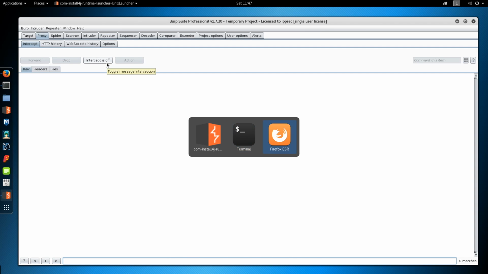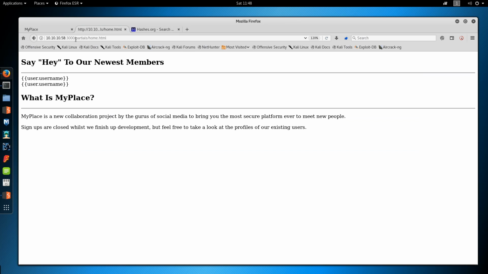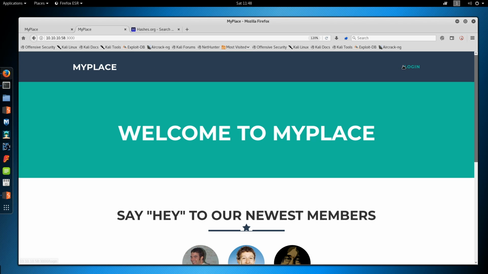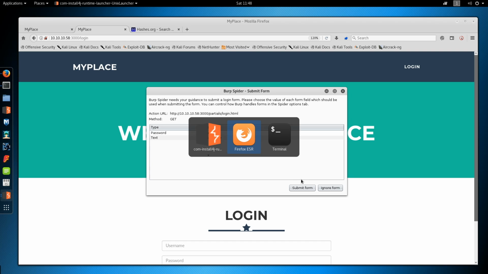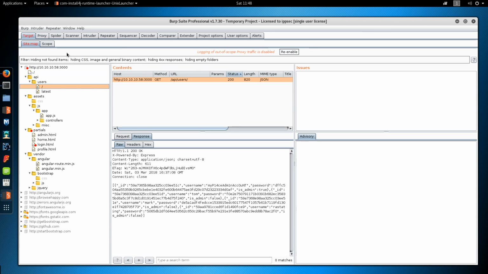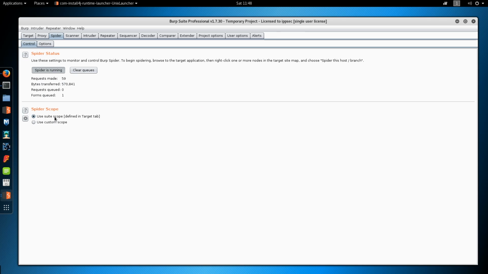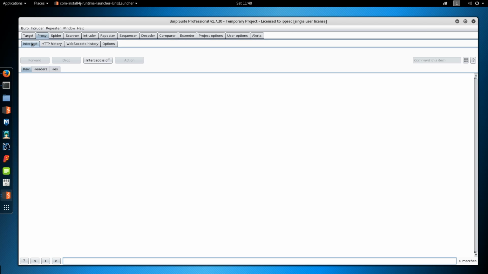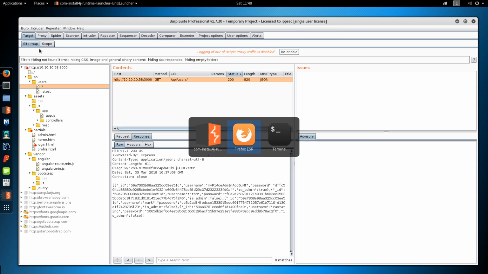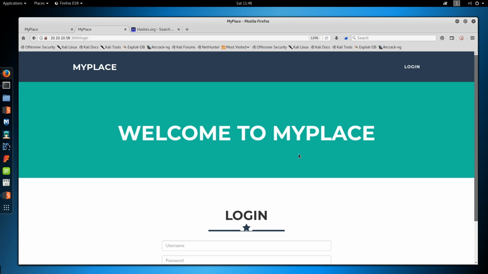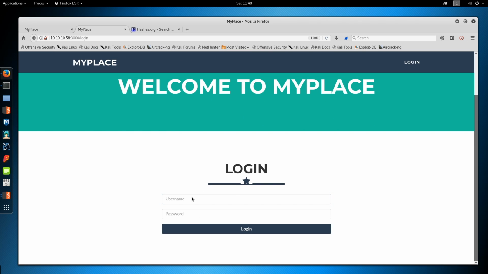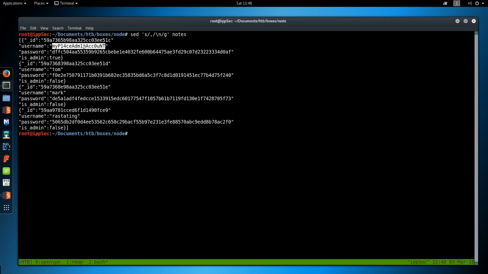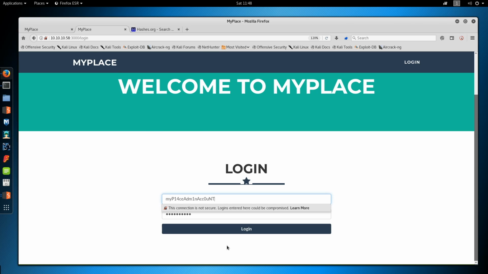So proxy set to off. And we can log in. Let's turn Spider off for now. Or we can just have Spider not submit forms. I hate when Spider submits forms. Let's go back to it, log in. I have the password on my clipboard, so paste that. And we'll go back here, copy the admin account, log in,